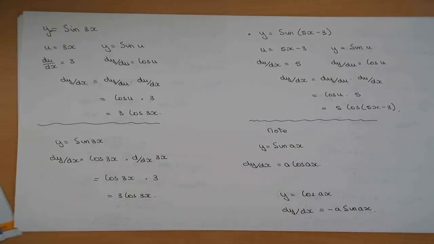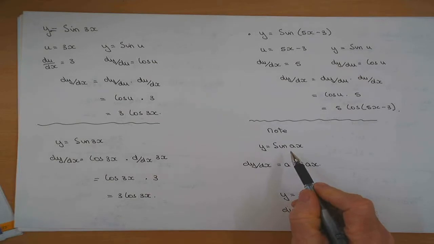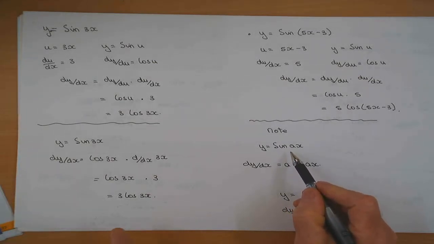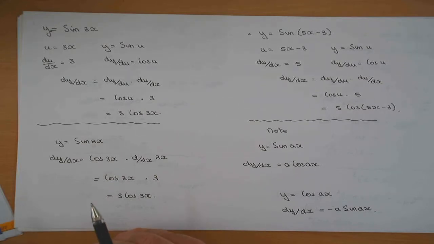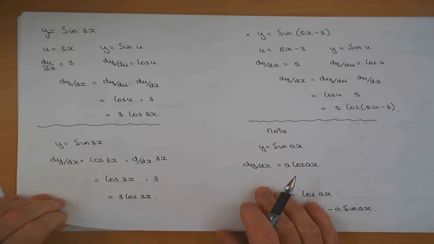Yes? If it's anything other than sine x, if it becomes a 2x or 3x or 4x or anything, it now becomes a chain rule. It's what's known as a function of a function. Do you understand that? Yes? Okay? Now,